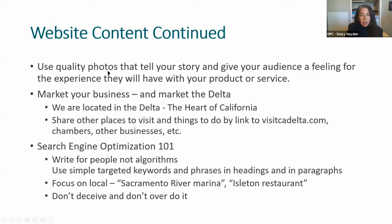Another helpful piece of content on a website as you're marketing your business is marketing the overall experience. The Delta is an amazing place, right? You all know this. I believe most of you on here are from the Delta or work in the Delta. You have such a big opportunity here to create an overall experience factor, where if you talk a little bit about your business in relation to the Delta, a little bit about the Delta, then people can